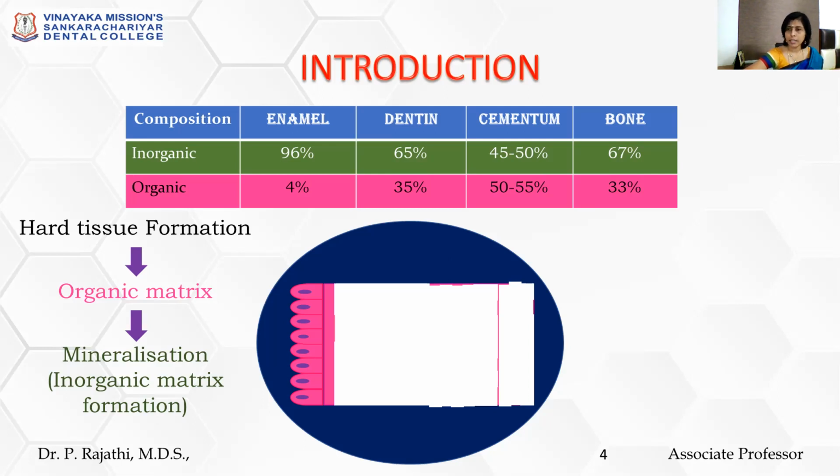That is, in the decalcifying agent, along with the inorganic component, the organic component gets lost. So in the place where there is supposed to be enamel, you see just an empty space. Nothing will be visible in a decalcified section of enamel. But you can study other structures, that is dentin, cementum, pulp, periodontal ligament. All these structures can be studied in a decalcified section.